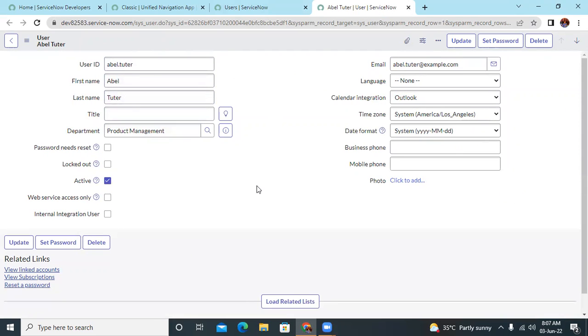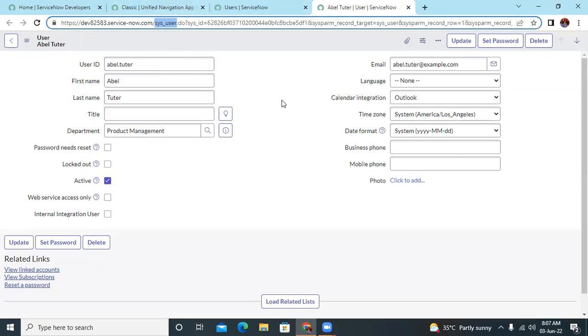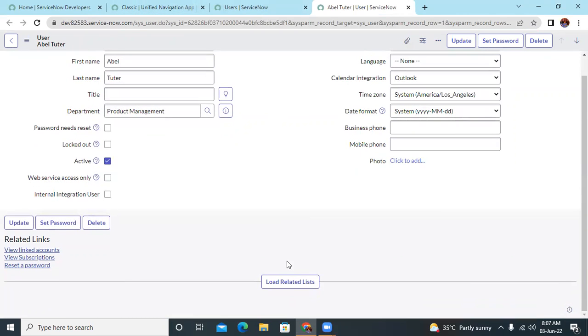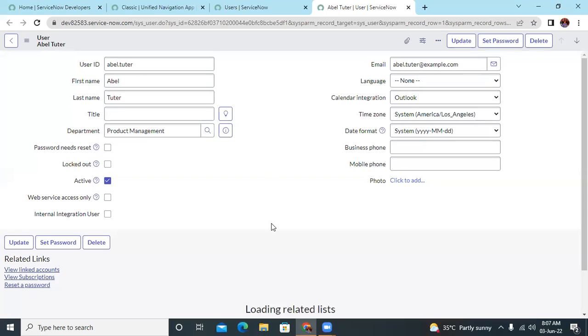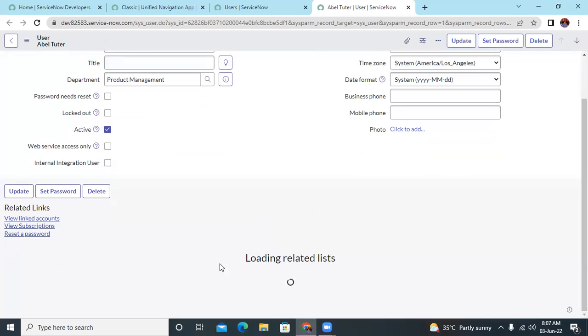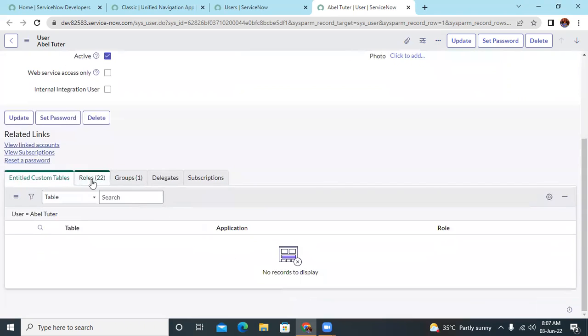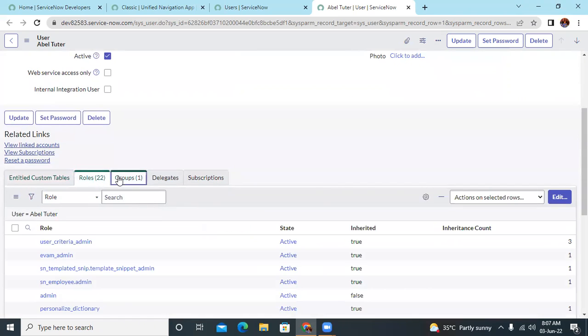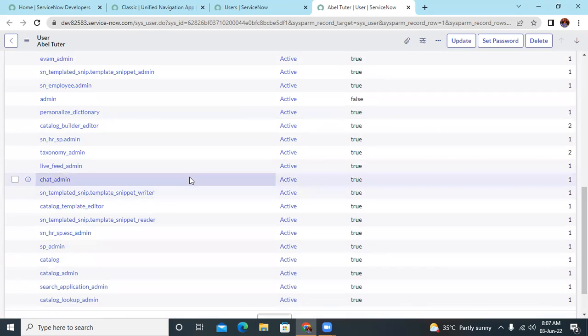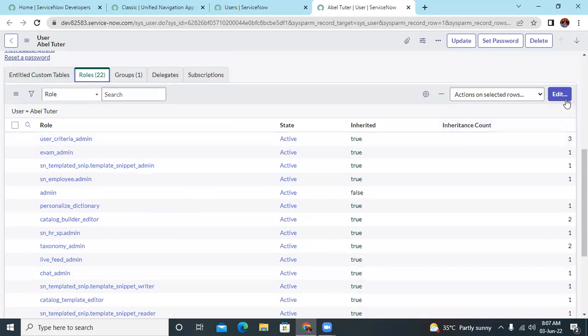So now we are in the user table, and we have a few other tables which are linked to it, which we can see in the related list. In this related list, we have roles and groups. Here, if you add any of the roles,